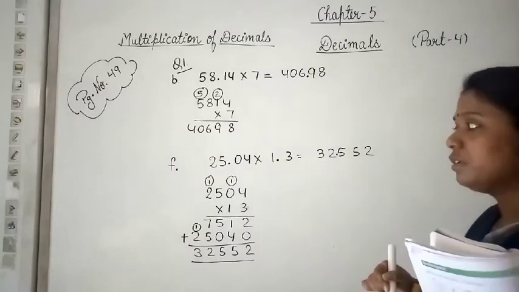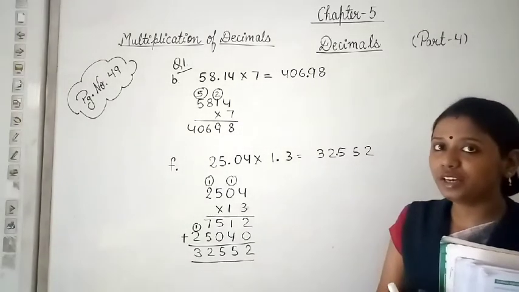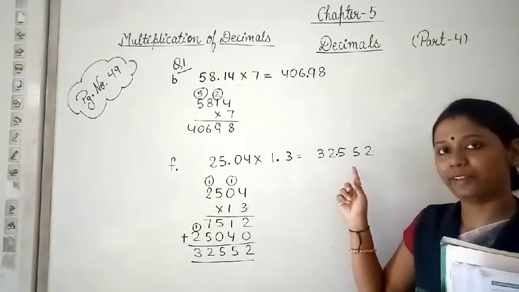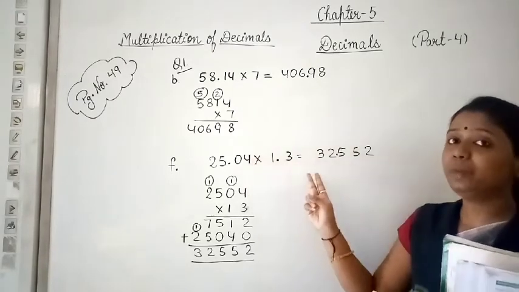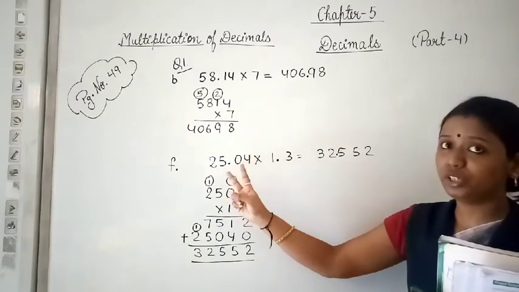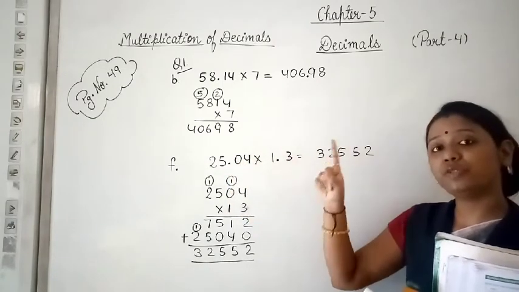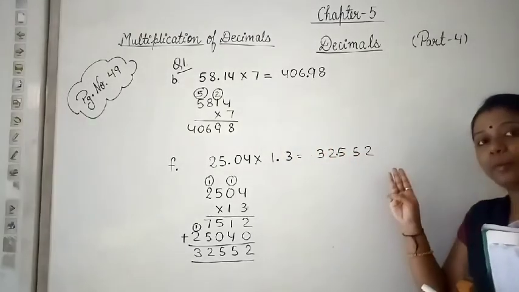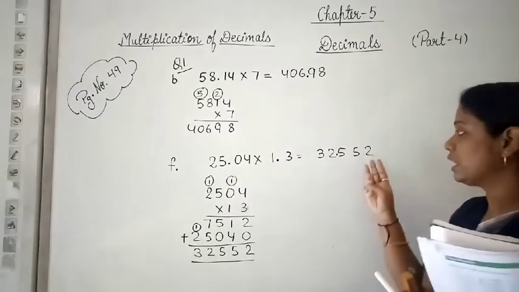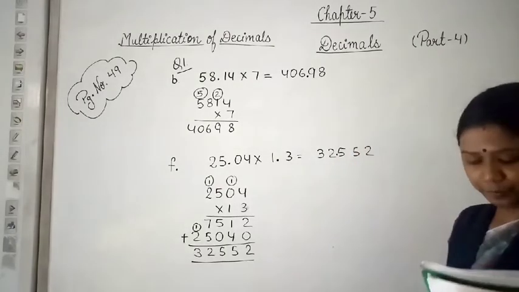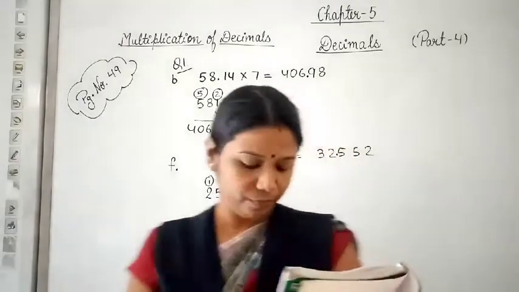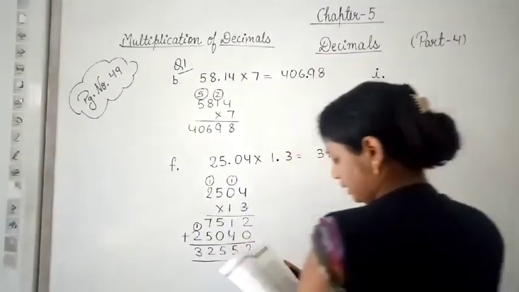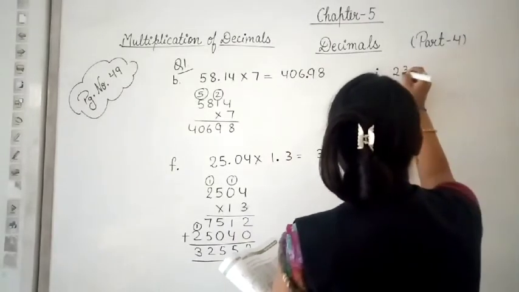So it is also easy, nothing is difficult over here. The only thing you have to keep in mind is about the decimal point, which I told you: we will add both the places. It has a decimal point after 2 digits. It has a decimal point after 1 digit. So 2 plus 1 is 3. So in our answer, in the product, we will insert the decimal point after 3 digits. Clear? Let me show you one more. Okay. Here I am taking I part. Now what I part is 23.179.